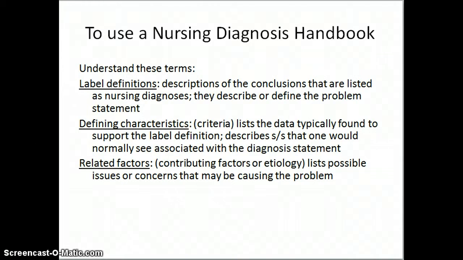When we use a nursing diagnosis book then, these are some terms you need to understand. The label definition is the conclusions that are listed as a nursing diagnosis. They describe or define the problem. Our defining characteristics are the data that's found that supports the label definition that we gave them. And then the related to factors, the etiology, are possible issues or concerns that we have as a result of